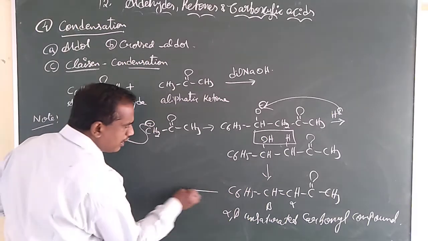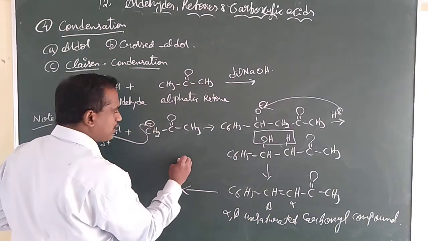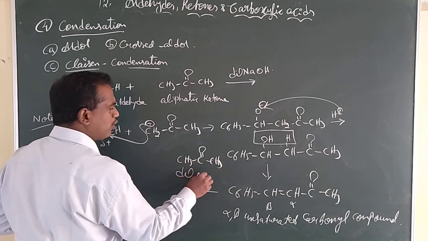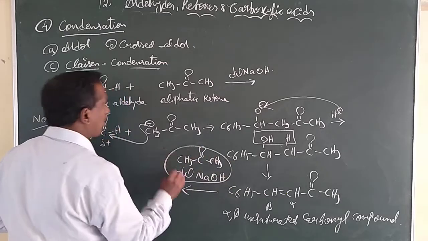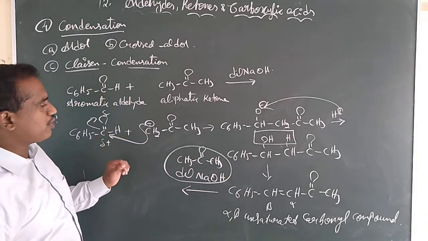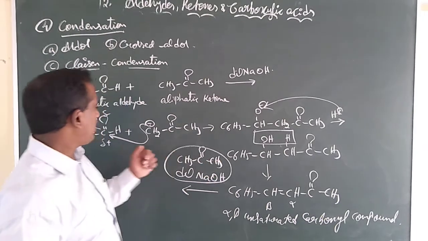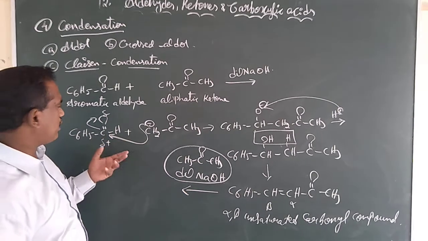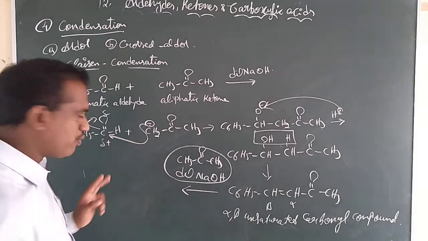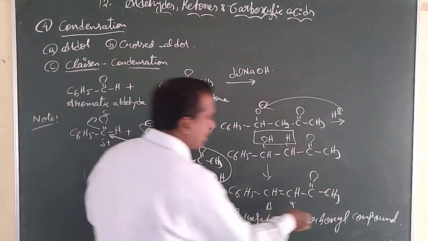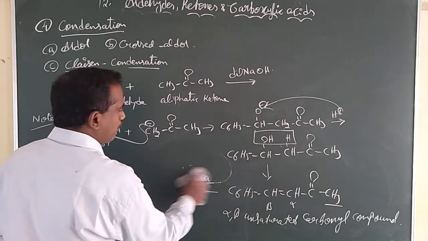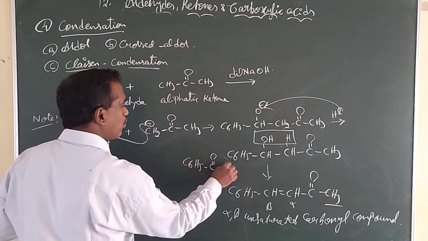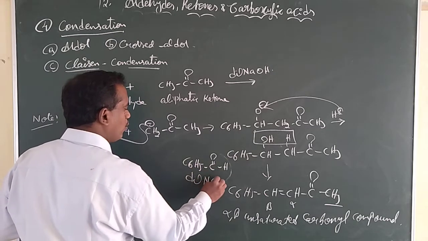Actually, if you see here, once again if you add these reagents, CH3, C double bonded O, CH3 in the presence of dilute NaOH, how did this happen for one of the methyl groups? Here one methyl group remains. You can add the same reagent, one more molecule. Already here there is one alpha methyl group, no? So you can add one C6H5 C double bonded O H in the presence of NaOH.